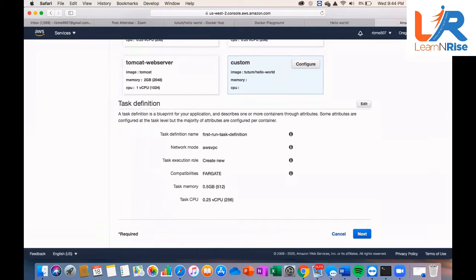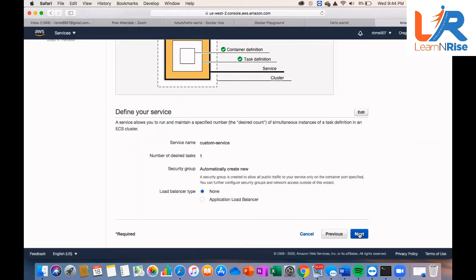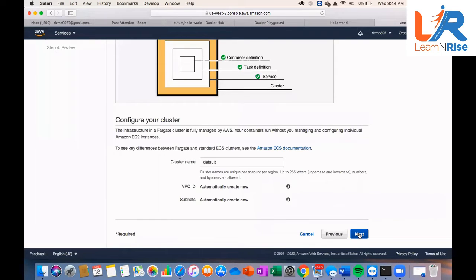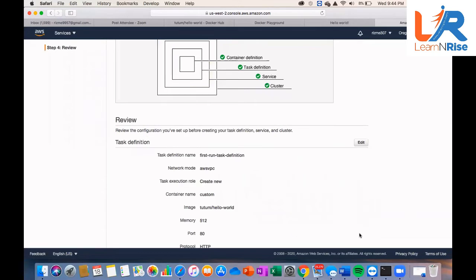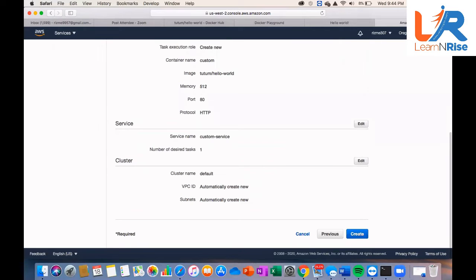Just click next. We do not need any load balancer as of now. The cluster name is by default 'default', so we leave it. Just go ahead and say next. Scroll down. The diagram shows that everything is done. Just create now.